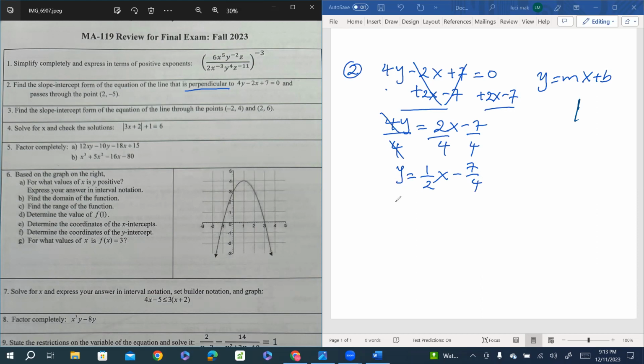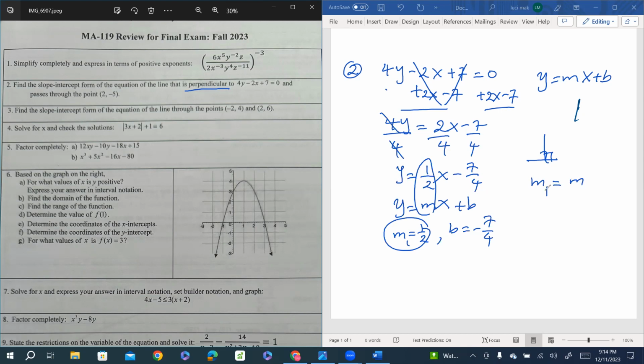So this looks like y equals mx plus b form. In that case, m is equal to a half, and b, the y-intercept, is negative 7 over 4. More importantly, we need the slope, a half. Now we know the two lines are perpendicular, right? So if it's perpendicular, we know if m1 is a half,